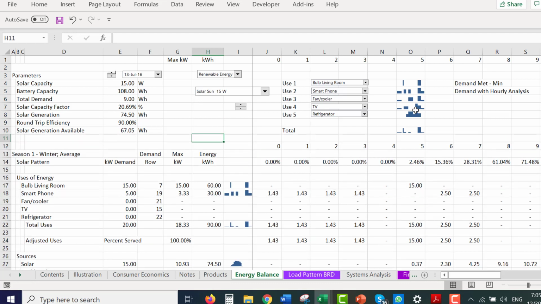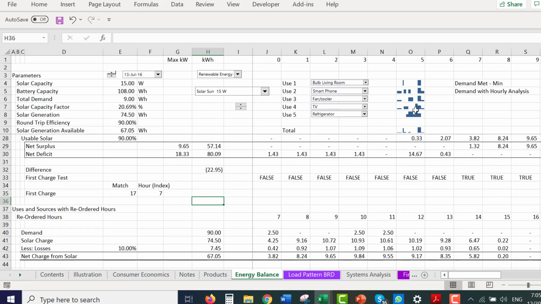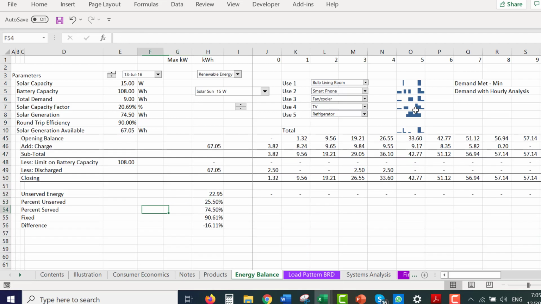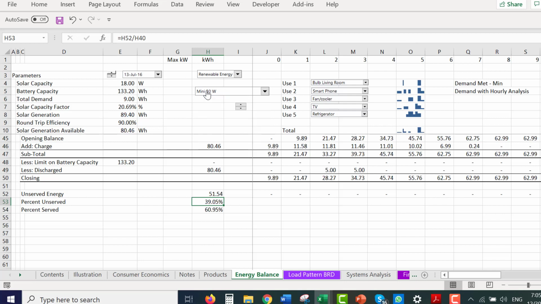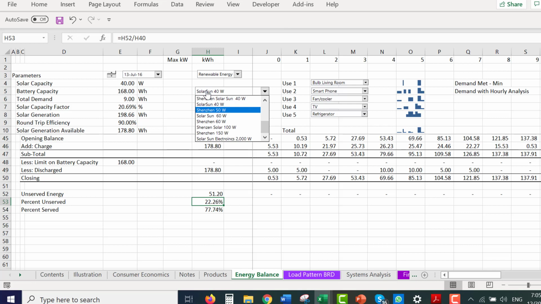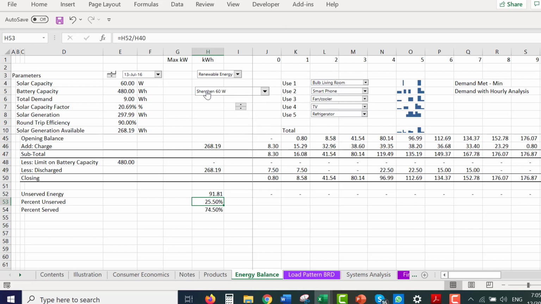We can do that. Now, when we do that, we can see in this case, I tried to resolve a circular reference. This was kind of crap. And in this case, we had 25% unserved energy. Because I put more demand in, in this case we had 39% unserved energy, and so on and so forth. And this unserved energy, then we can say, well, when we're doing our valuation,